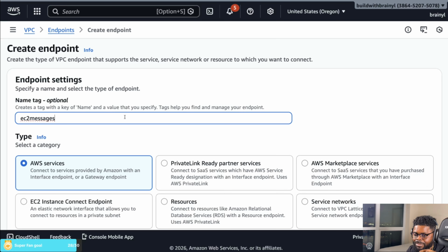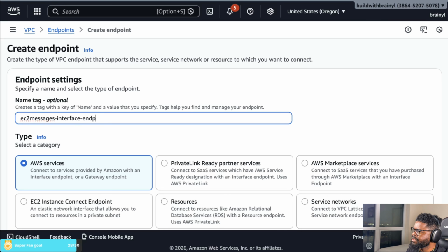But if you've not watched my video on how you can actually create your own private link, you really need to watch that video, because in that video, I showed you that you can create yours, right? Here we're using the one AWS already has, but I showed you the very practical steps of creating these same endpoints that you're using. You can create yours, make it very private, and then only someone who has access to it can use it. In this case, we are using one from AWS, right? So we'll use this, EC2 messages, I'll call it interface endpoint,